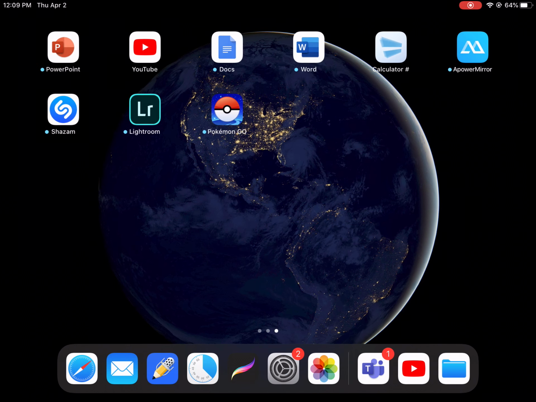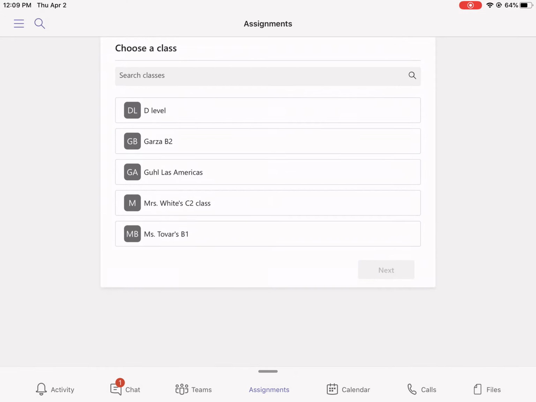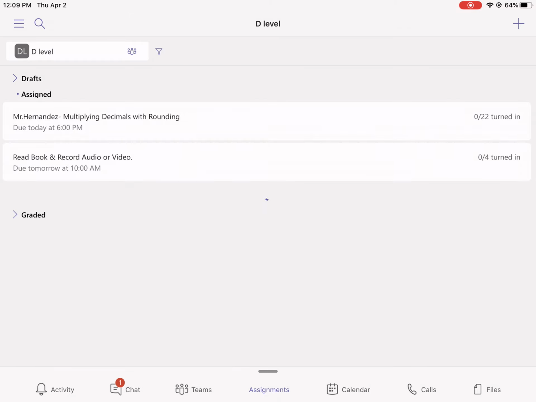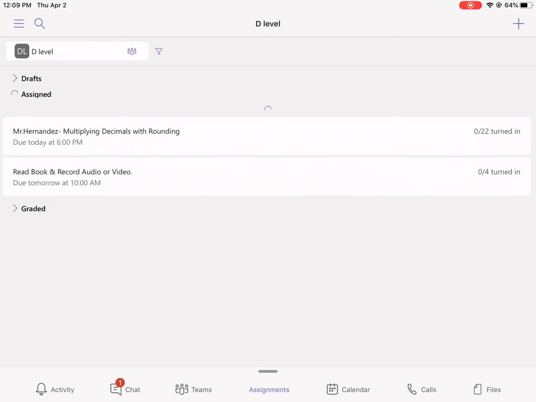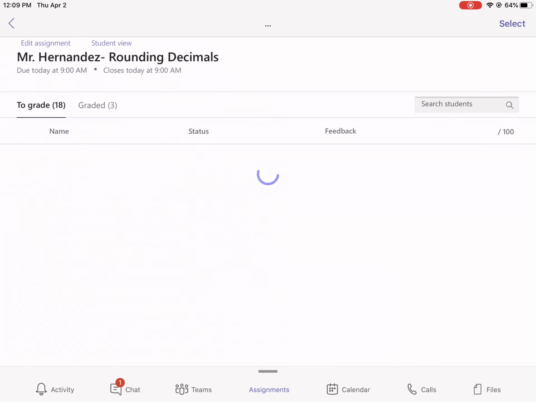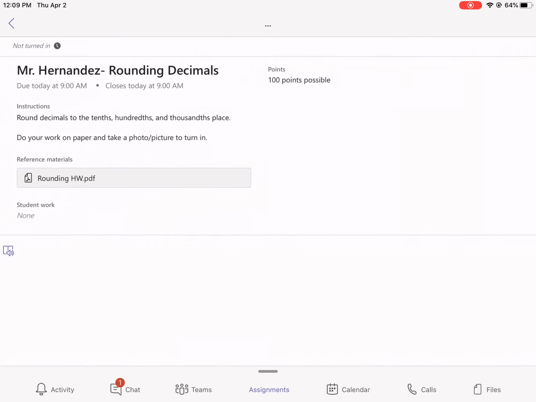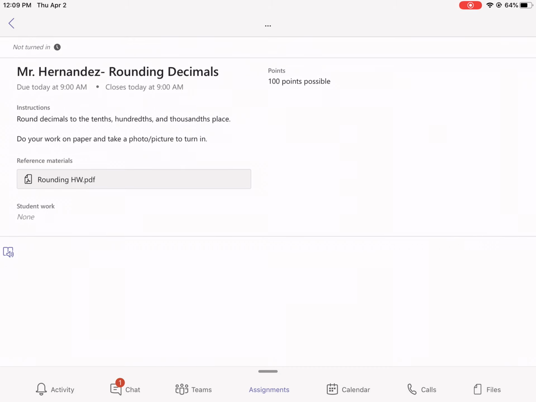Now in your homework, you're gonna go to Microsoft Teams. You're gonna go to assignments. Whatever class you have, Ms. Garza, Mr. Gould, Ms. White, Ms. Tovar, you're gonna click on your class. You're going to have Mr. Hernandez rounding decimals. This is gonna be your homework. Where it says student work, do you see student work at the bottom? That's where you're gonna put your work. I want you to write on paper and take a picture or a photo of your work and put it